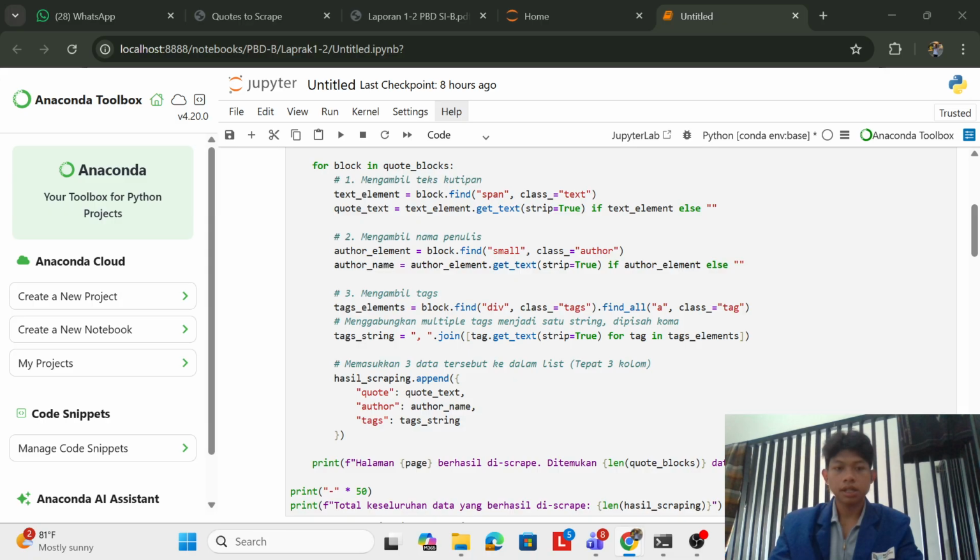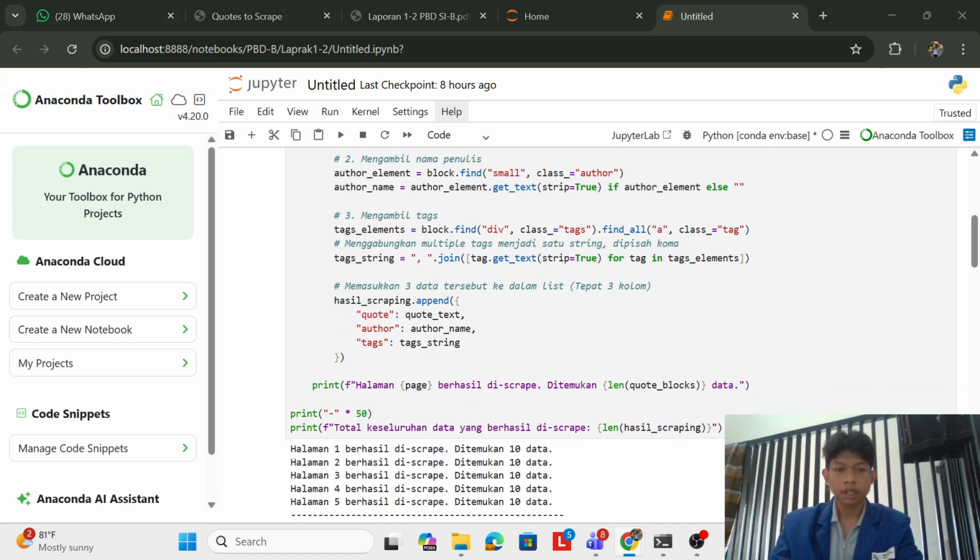And tags_string combines multiple tag elements into a single comma-separated string. And scraped_data.append to append the three extracted data points into the list as a dictionary.